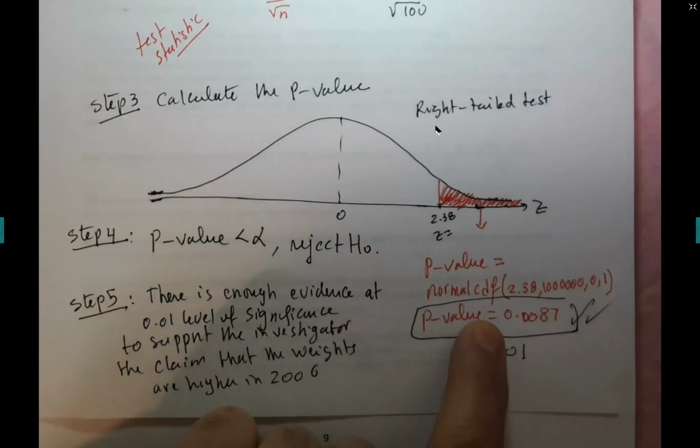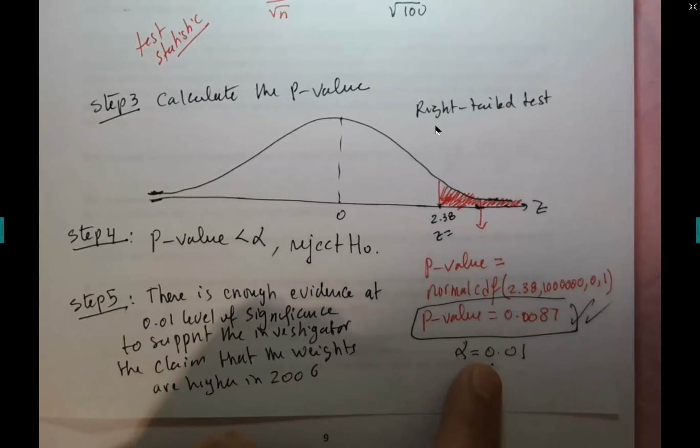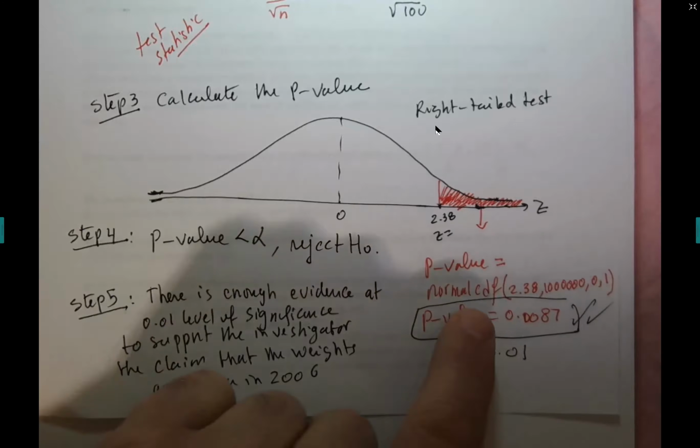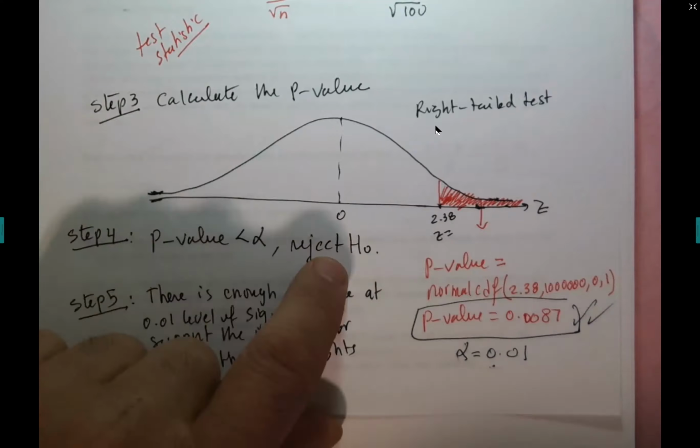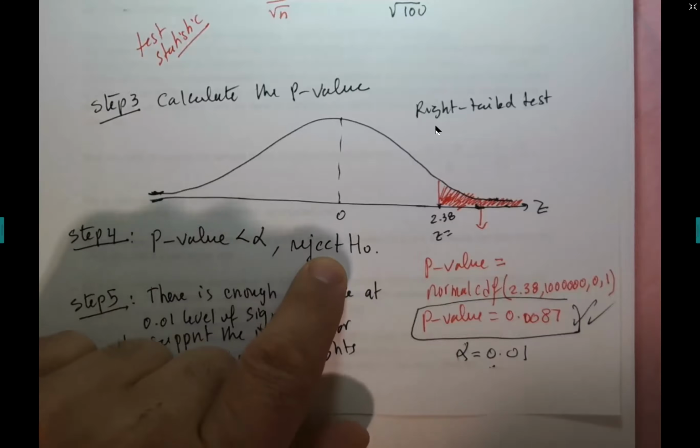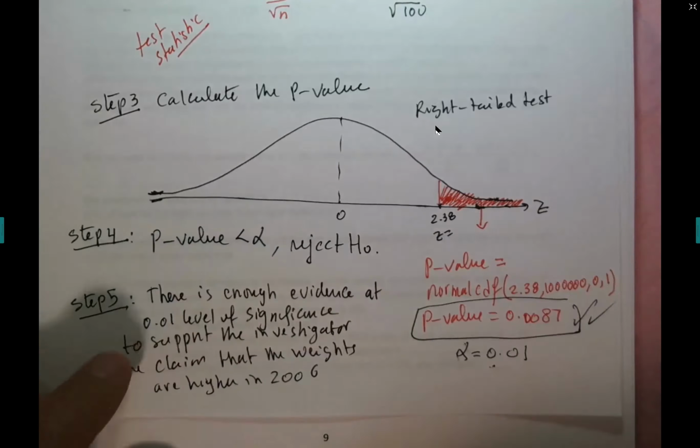Take this p-value that you got off the calculator and compare it with alpha. If the p-value is less than alpha, you reject the null hypothesis. If the p-value is more than alpha, you fail to reject the null hypothesis. We reject H0. If we reject the null hypothesis, guys, and the claim is in HA, we support the claim. We say there is enough evidence to support the claim.